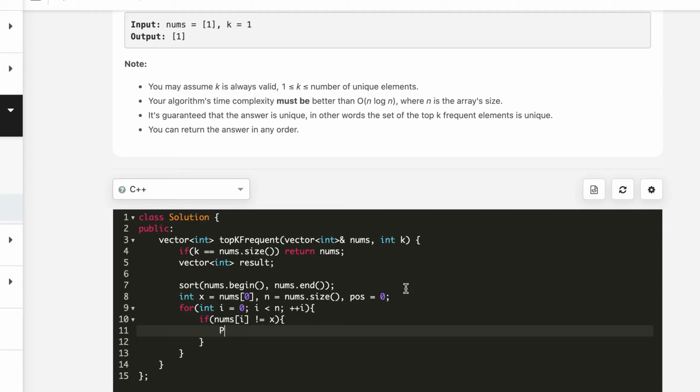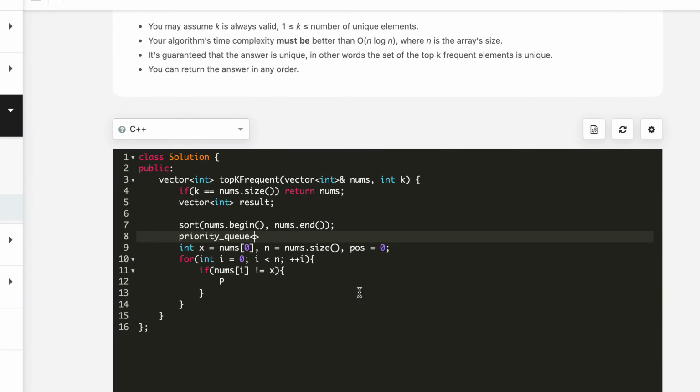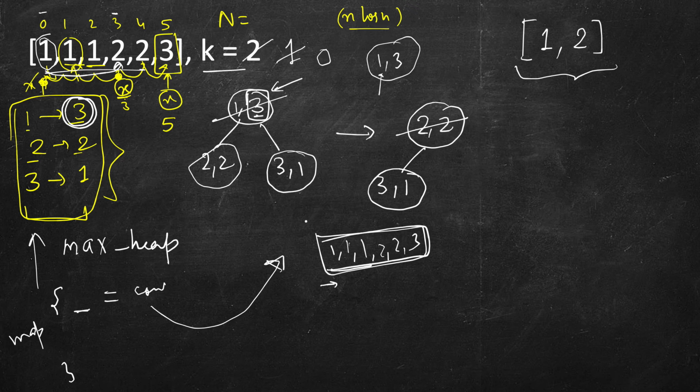Then let's create a priority queue here. It will be a priority queue of a pair. The first element will be the element itself, and the second will be the count. So in a way we are not saving space. I said that if we don't use a map, we are saving the space taken by the map. We are directly inserting into the priority queue, but then the elements will have two things: the key and their count. If we use a map, we can skip this step.